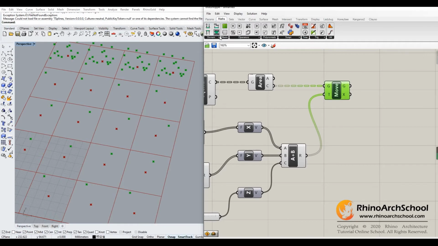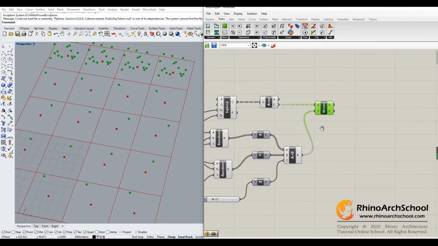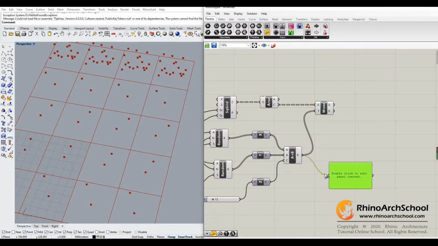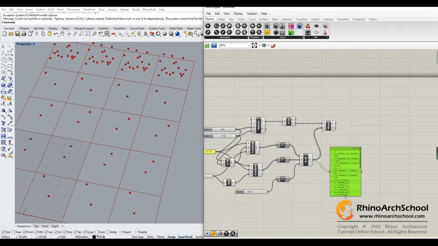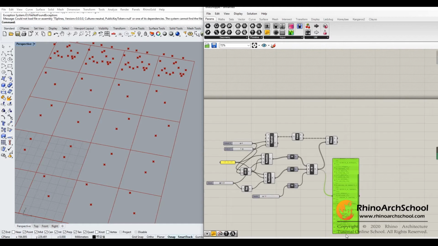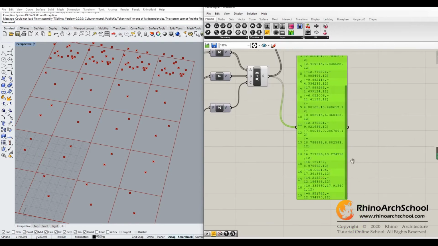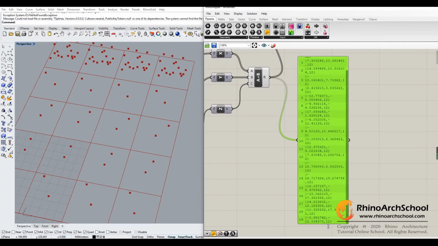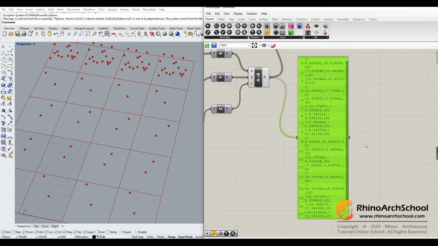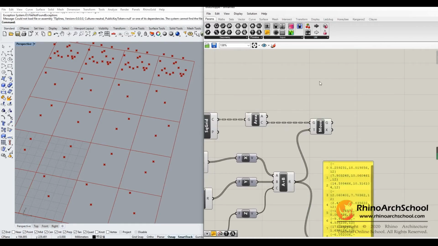Now we check the data structure of the central point. For this one, as you see, it has almost 20 values showed up. But for this one,